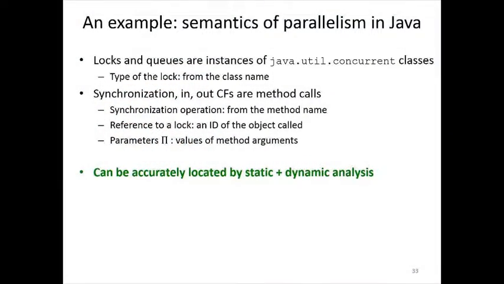Let's just take a look at a Java program. In a Java program which utilizes java.util.concurrent, locks and queues are just instances of java.util.concurrent classes. And you can infer the type of the lock, like is it a semaphore, or is it a barrier, or whatever. You can infer it just by looking at the class name. And with regard to the synchronization and in and out code fragments, which represent calls to queues, you can just detect them by looking at the method names, because these operations are methods on the corresponding java.util.concurrent classes, for example. And parameters of these operations you can also infer by values of arguments which are passed to those